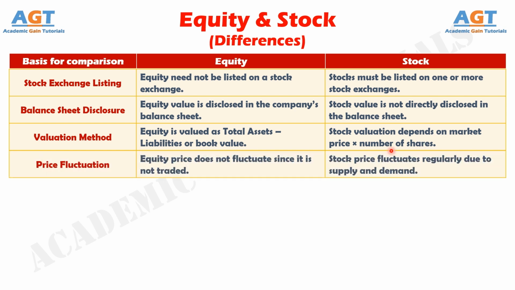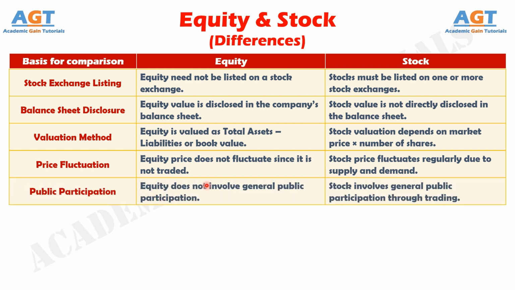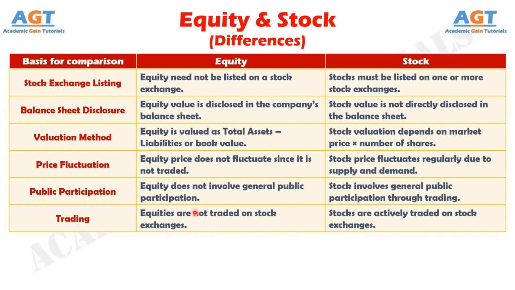Number 4. The price of equity does not fluctuate since it is not traded, whereas stock prices fluctuate regularly depending on market demand and supply. Number 5. Equity does not involve general public participation, whereas stock involves public participation through open trading. Number 6. Equities are not traded on stock exchanges, whereas stocks are actively traded on exchanges like NYSE, NASDAQ, or